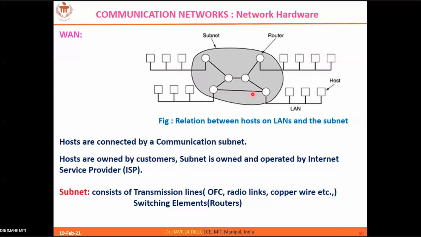Here you should understand what we mean by host and what we mean by subnet. The actual thing is a communication subnetwork, in short form we call it a subnet. This subnet consists of only the routers which are connected through wires. It can be optical fiber cables or copper cables, or even wireless routers. They act as switching elements that forward the content that comes through the input line, and execute the routing algorithm to decide which is the best output path, and accordingly forward it. So finally it reaches the other side of the network.